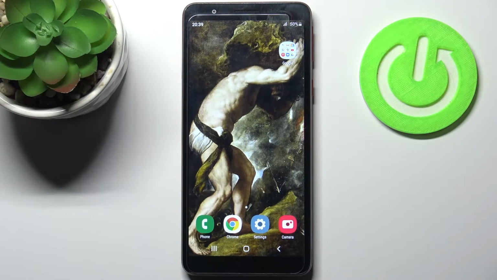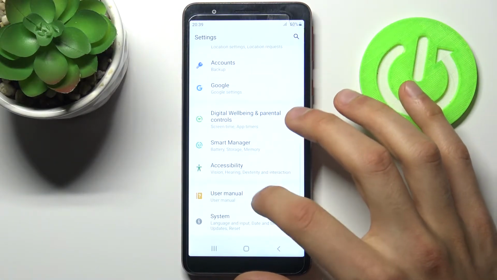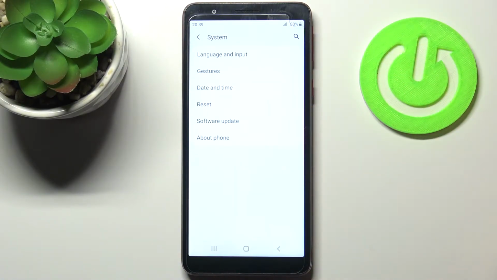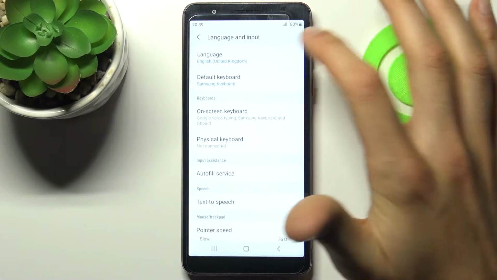Here I have Samsung Galaxy M01 Core, and today I'm going to show you how to change system language on this device. So to do this, firstly you have to open settings, then go to the system section, then go to the language and input, language,